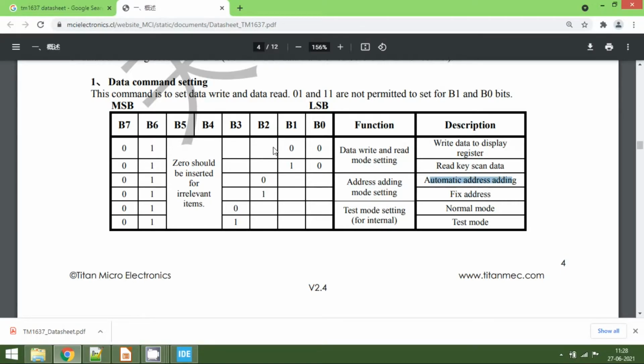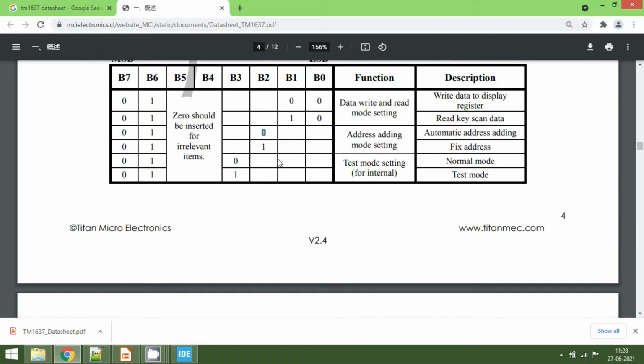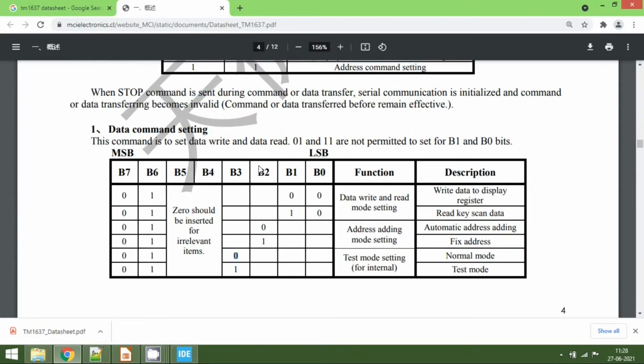So that is why B2 should be set to 0 for this register, and then we are going to use the normal mode. We are not going to use the test mode, so B3 should be set to 0. So finally we are going to get the hexadecimal of 40. The upper nibble is 4, and the lower nibble we are going to set all zeros. So that is why it is 40. So that ends with command 1.